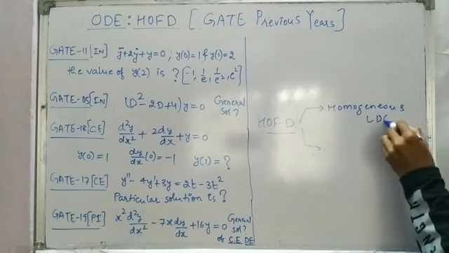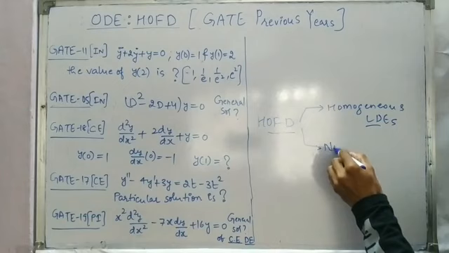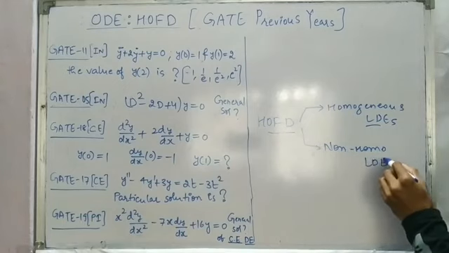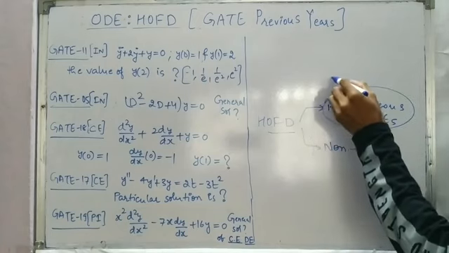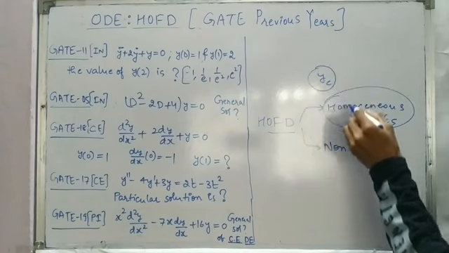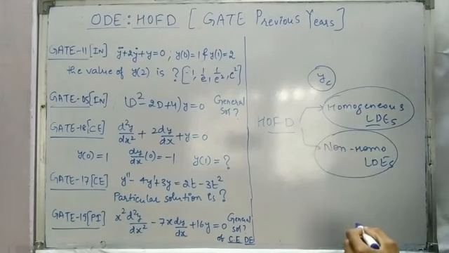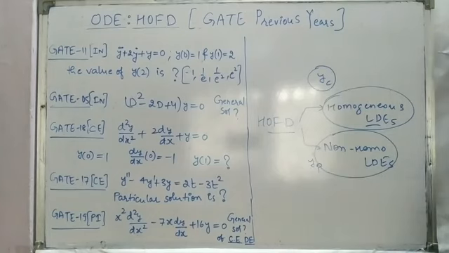homogeneous linear differential equations. Why are we calling it linear? Because we are talking about first degree. And then we talked about non-homogeneous linear differential equations. So in the case of homogeneous linear differential equations, the general solution we called yc, complementary function, and in the case of non-homogeneous linear differential equations, the solution we called the particular